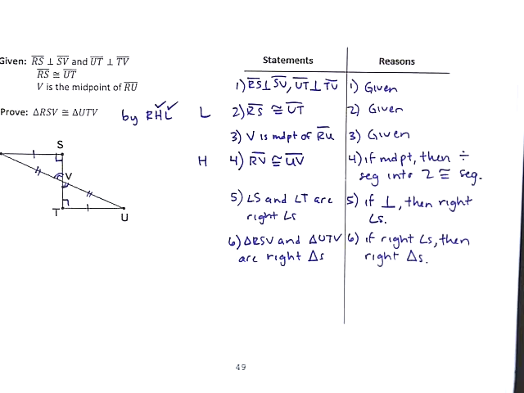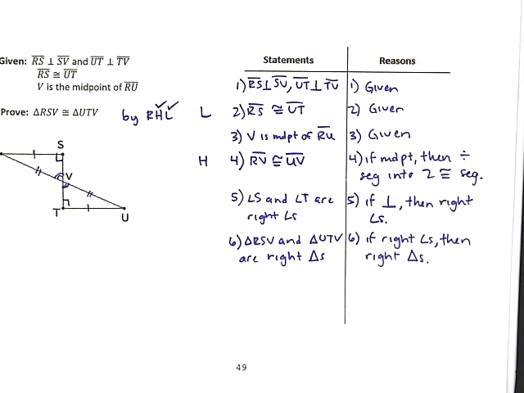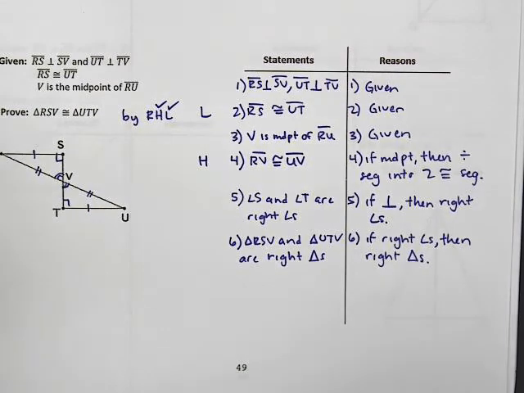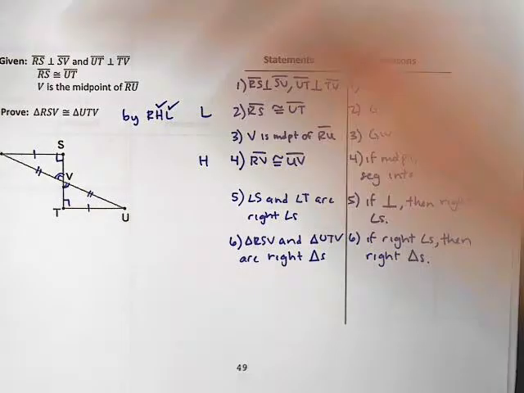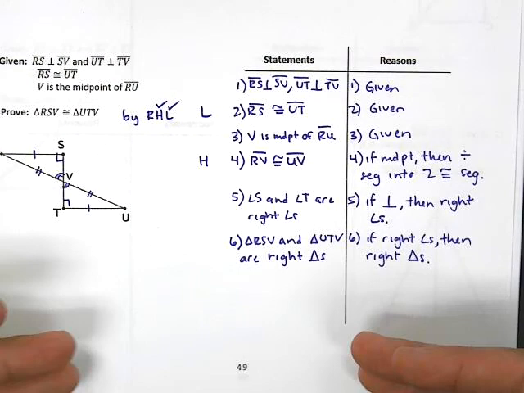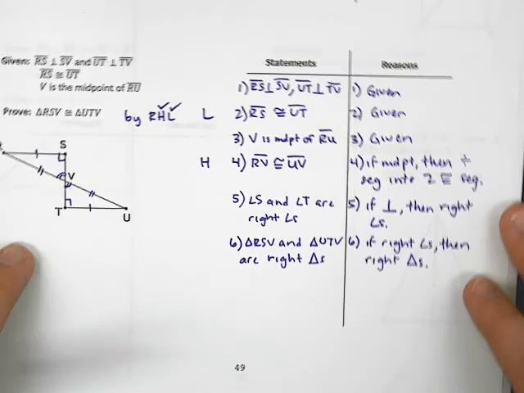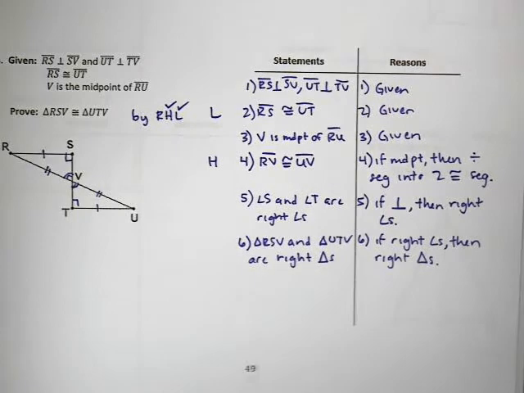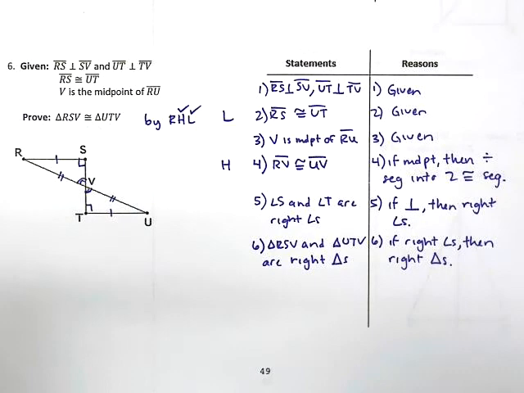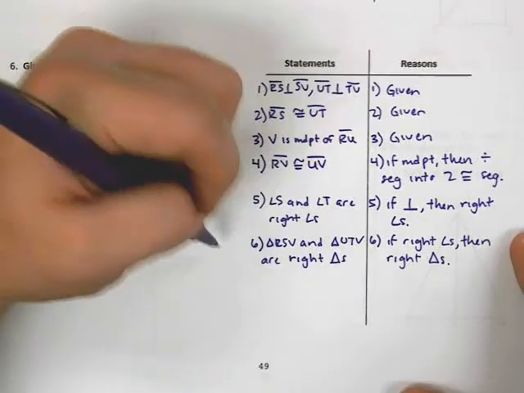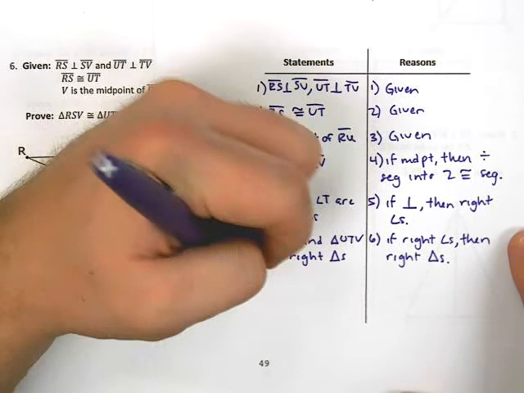I know you guys might think that this is silly and stupid. I just want you guys to remember logically, things have to go in order, right? There has to be a progression. And this isn't even just math. In general, when you're trying to come up with a solution to a problem, there needs to be procedures. You want to try and figure things out and understand the pathing to get to the correct solution, okay? So now that I have right triangles, I can put my R there,